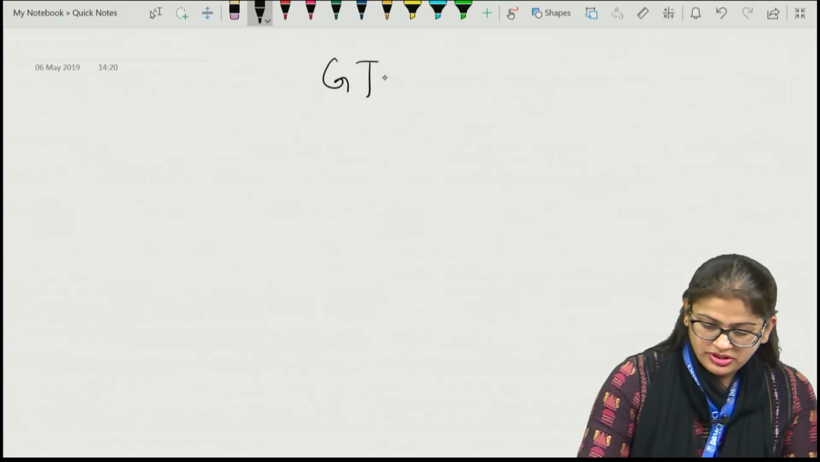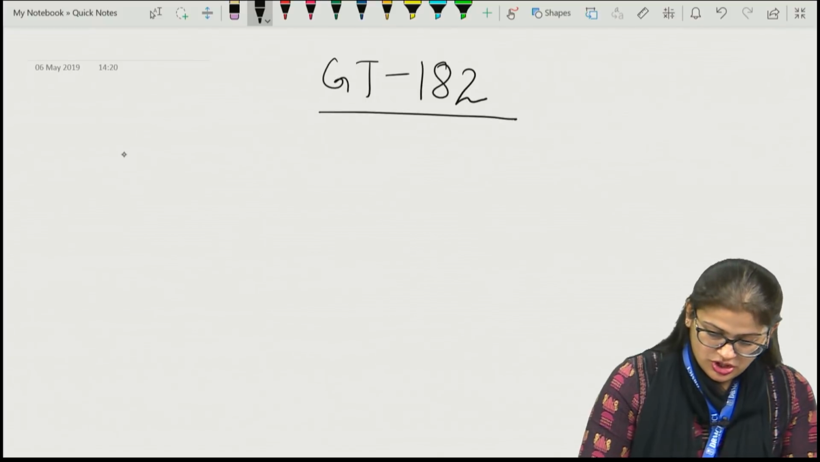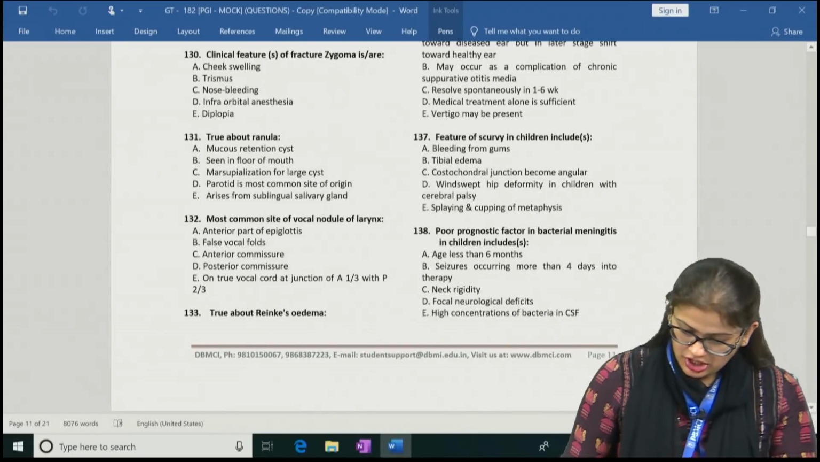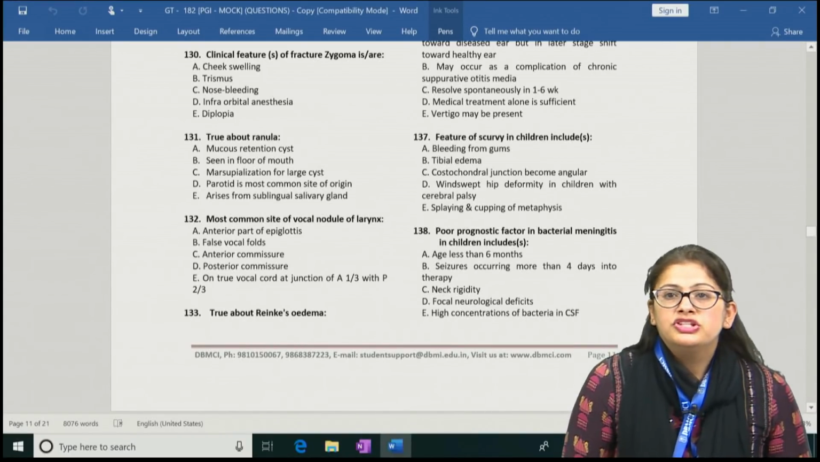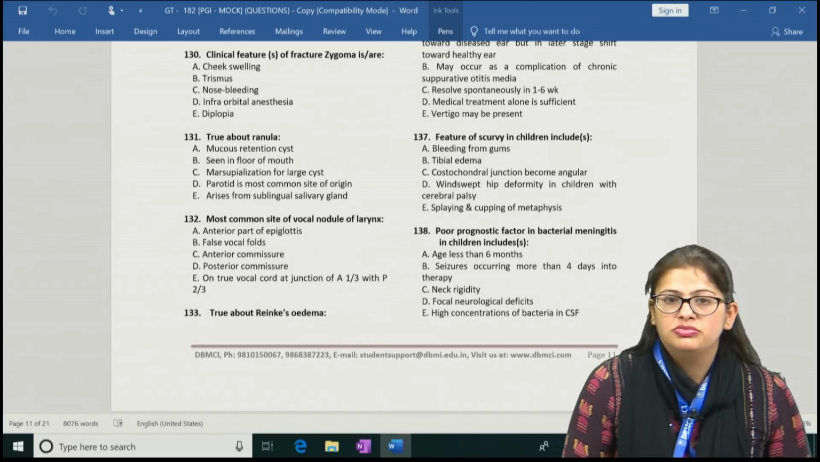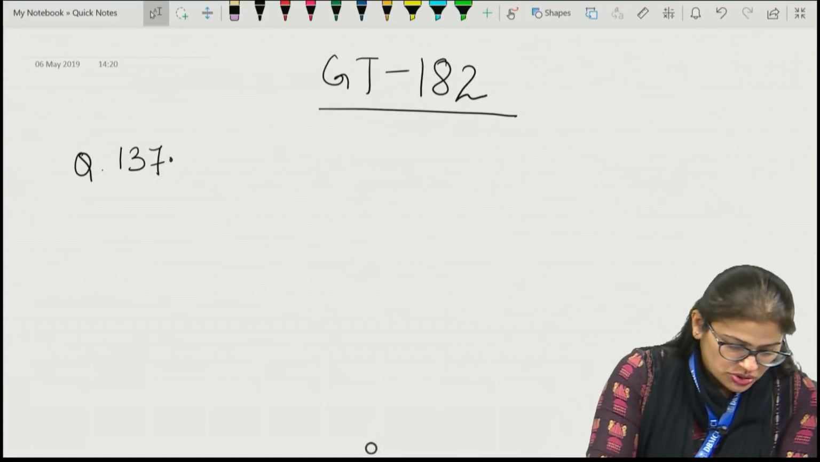So we begin with question number 137 of GT 182. So question number 137 was, features of scurvy in children include bleeding from gums, tibial edema, costochondral junctions become angular, windswept hip deformity in older children with cerebral palsy, and splaying and cupping of metaphysis. So the correct options to this question are